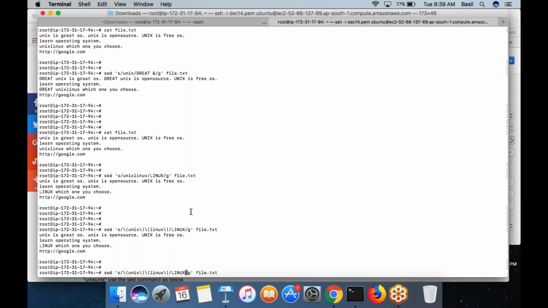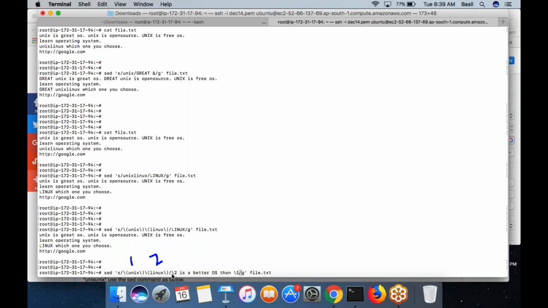Here I am putting \2 is a better OS than \1. What is this 1 and 2? Of course, backslash 2, backslash 1, etc. What is this 1, 2, etc.? 1, 2 are nothing but the splits. The input string is split into 2. This is called 1, this is called 2. 1 is equal to Unix and 2 is equal to Linux.